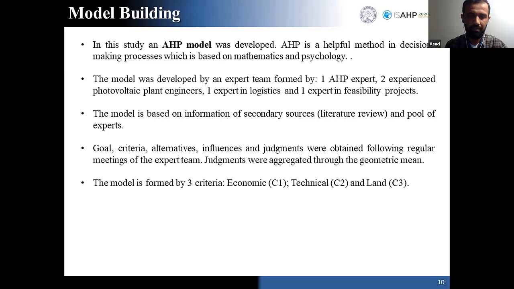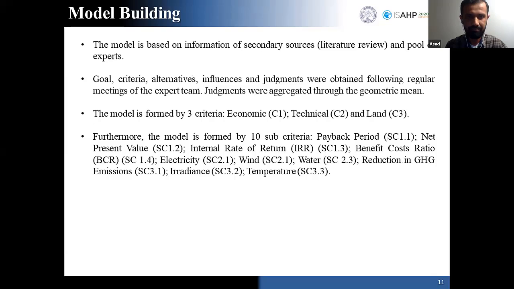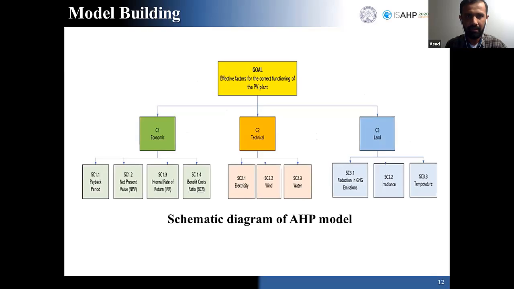So the model is formed by three criteria: economic, technical, and land. Furthermore, the model is formed by 10 sub-criteria: payback period, net present value, internal rate of return, irradiance, temperature, wind, water, reduction in carbon emissions, etc. This was the model that we built by using the AHP technique, and